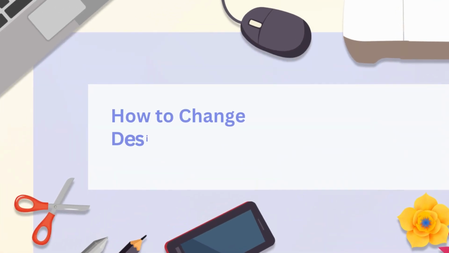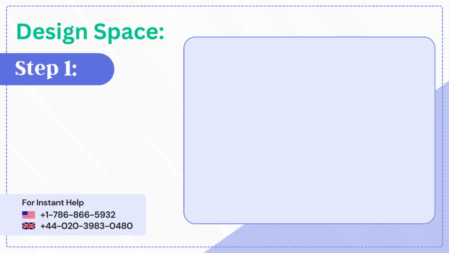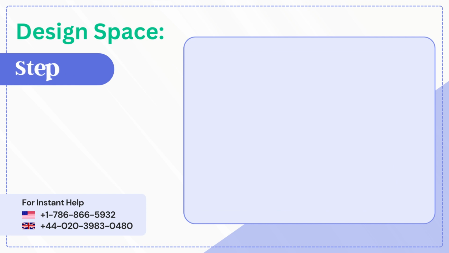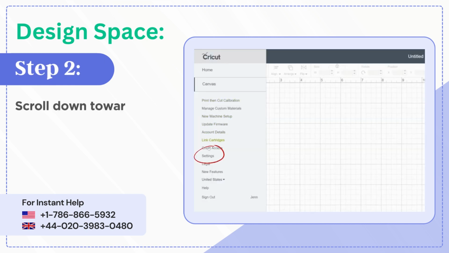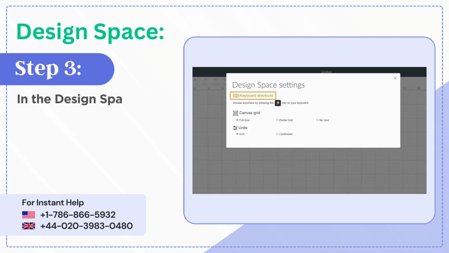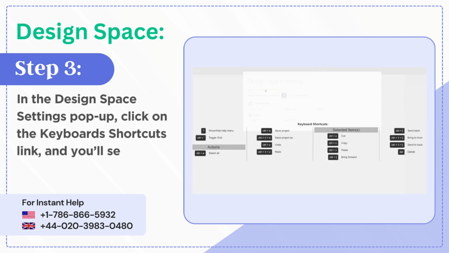How to change design space settings. Step 1. Click on Menu in the header. Step 2. Scroll down towards the bottom and select Settings. Step 3. In the Design Space Settings pop-up, click on the Keyboard Shortcuts link and you'll see a list of